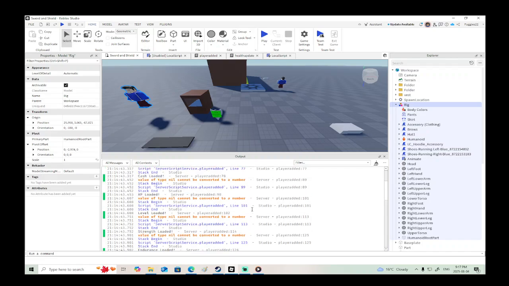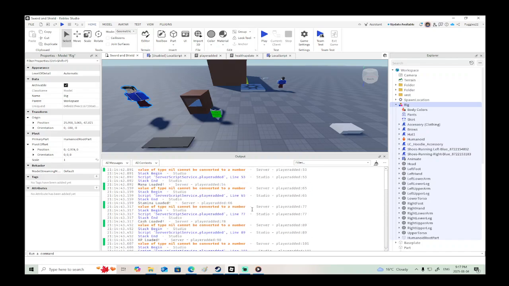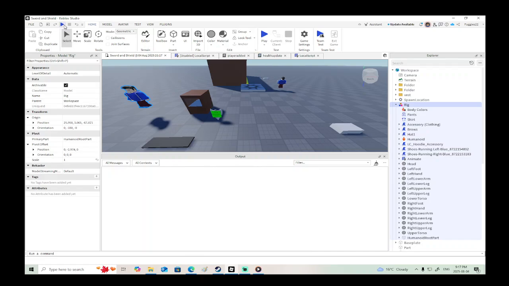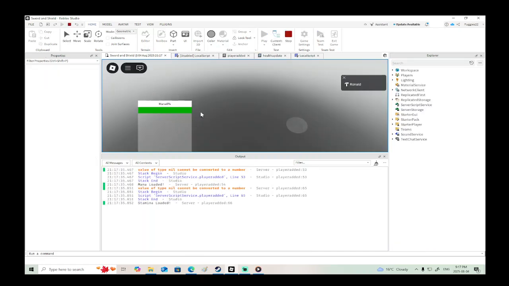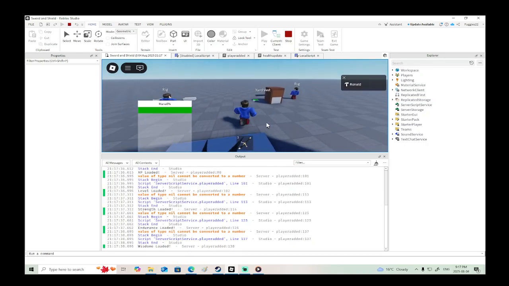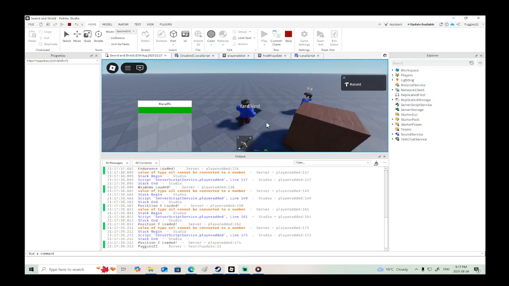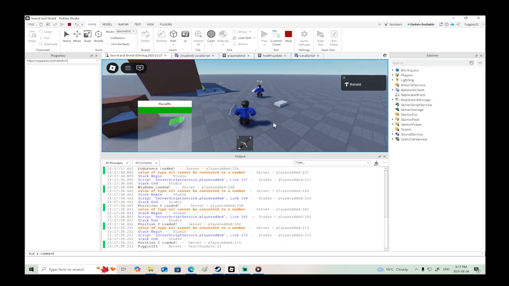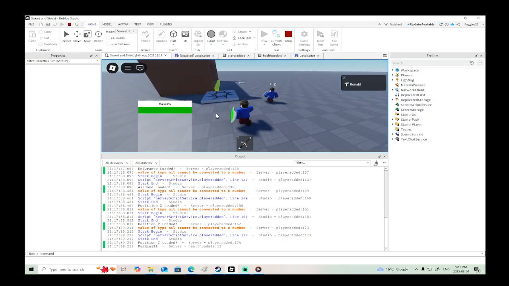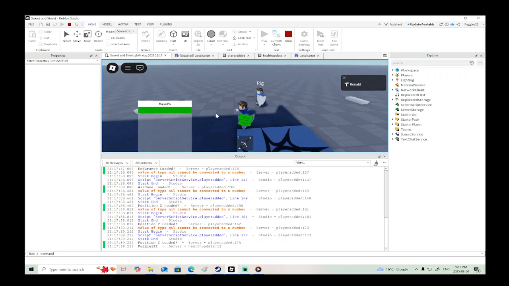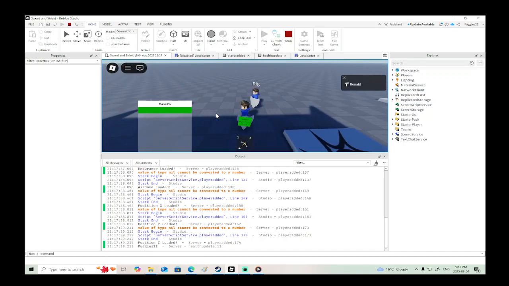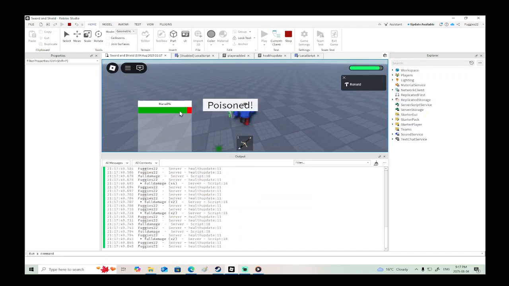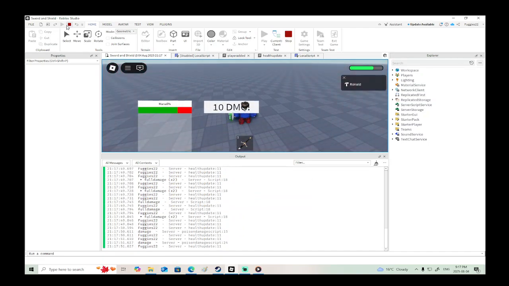So, where we left off the last video, I was struggling to try and get the health to update. It took me a little bit, but I did figure out how to finally get it to work. So what we're going to do is go over that in this video and continue on. This is the health bar here. I'll just wait for him to stop, and then, there, as you can see, I got poisoned, and now it's